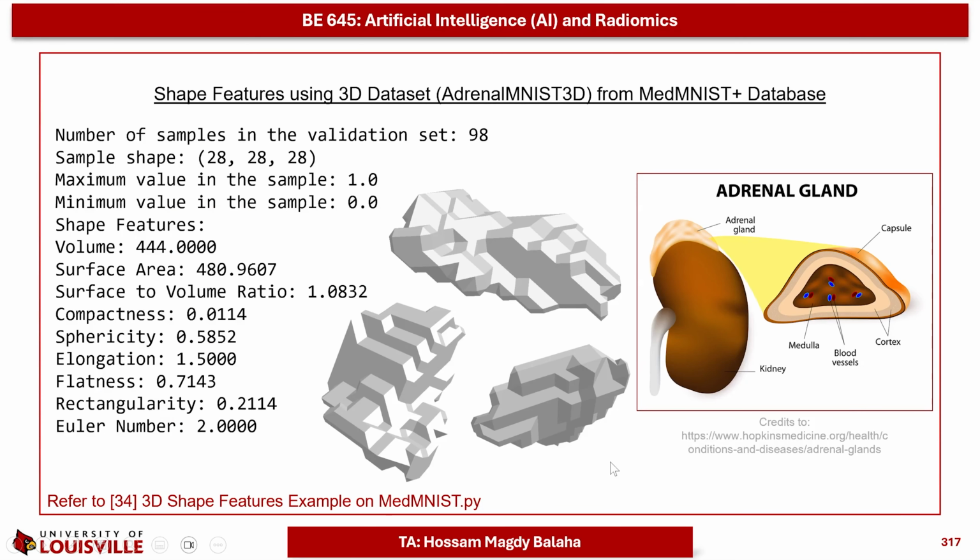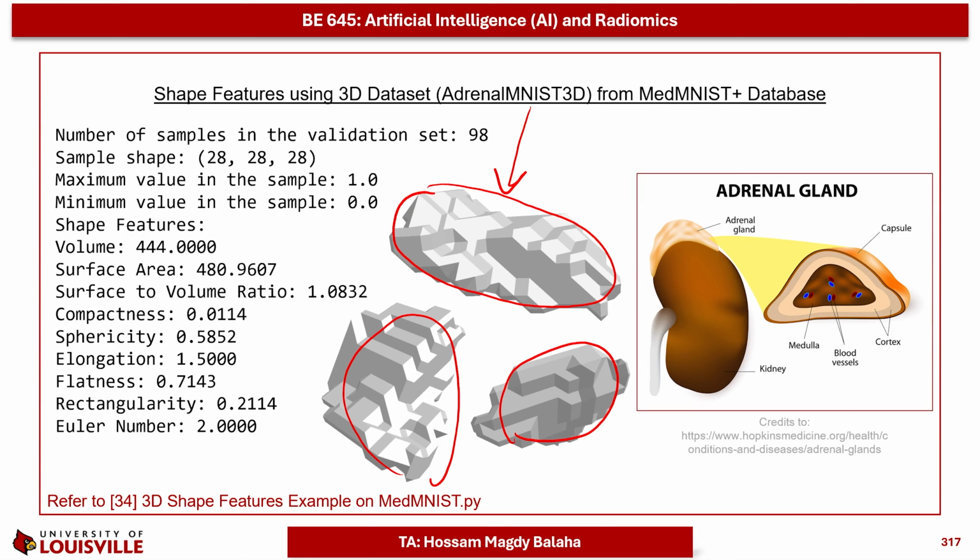When you execute the code, you will find something like that. It's something like grayish color or light grayish color, and it reflects the adrenal gland. And here the first sample from the validation dataset with different perspectives, and the adrenal gland anatomically will be found